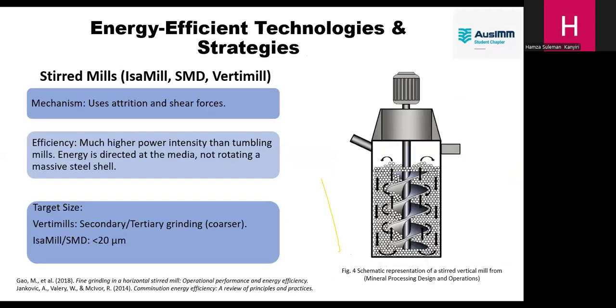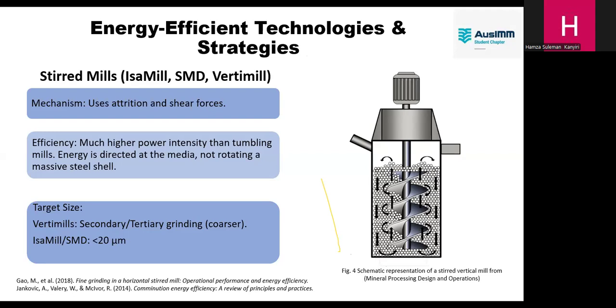Secondly, we want to look at the stirred mills. We have the ISA mills, the SMD, which is the stirred media detritor, and then the Vertimill. So this uses attrition and shear forces. Like I mentioned earlier, the ball mill uses impact, the HPGR uses compression, and then the stirred mills use attrition and shear forces. So as you can see in figure 4, the schematic representation over here of a stirred vertical mill